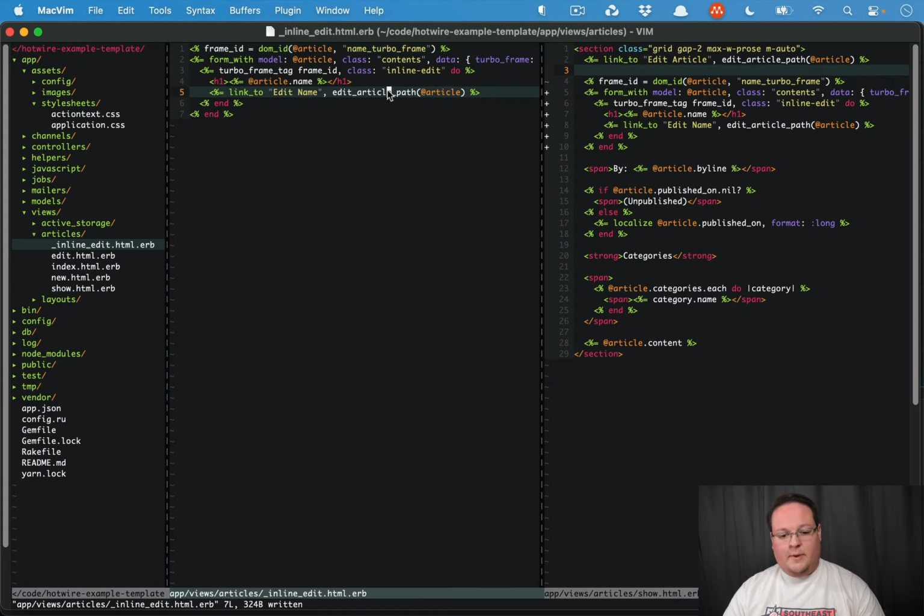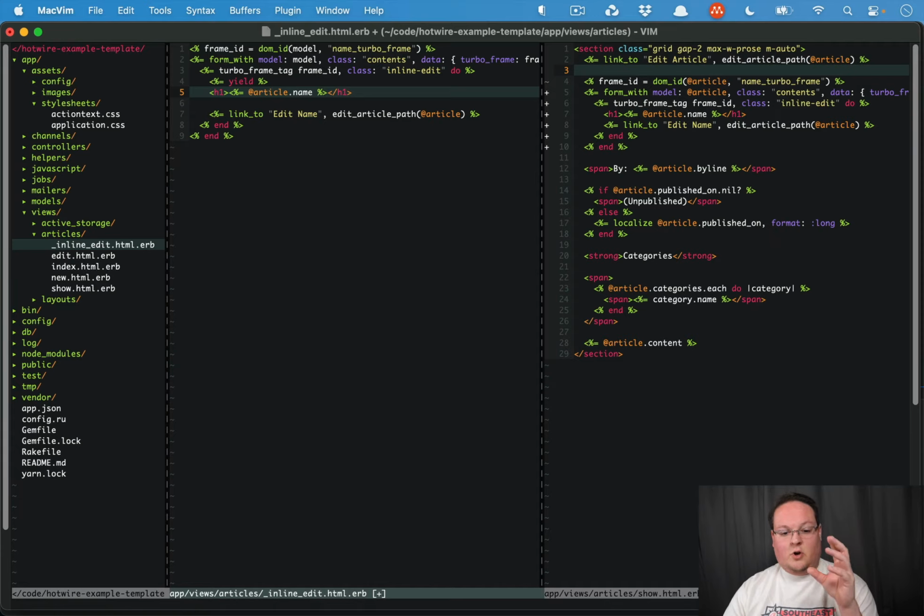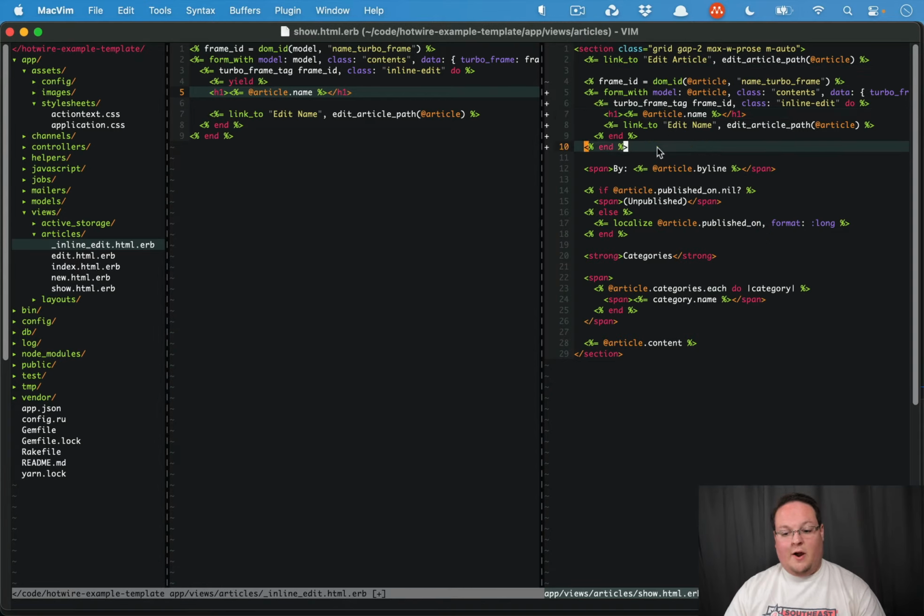extracting it. Because we don't want this to be too specific to an article, we can make this a model. We can change any of those references to that. But in this case, we have our H1 and our article name and our edit link here. So we need to actually instead yield to the caller. So when we make a call to render this partial, we can give it a block. It will yield to that block